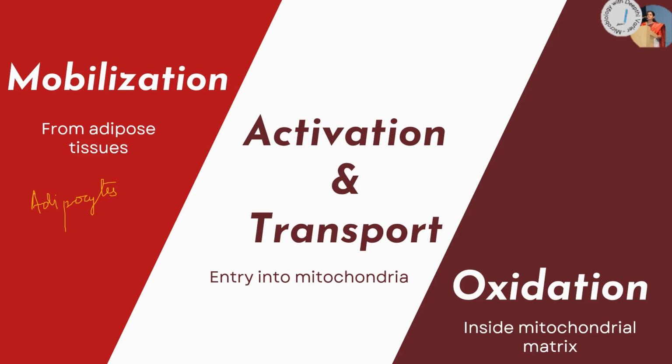Like I told you earlier, we have triglyceride which is stored over there, and from there it has to be moved to a particular target cell which needs to break down the fat, which requires it for energy maybe. Now the target cell could be any cell that has a mitochondria except the RBCs which lack mitochondria, and